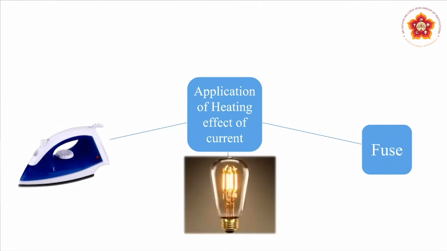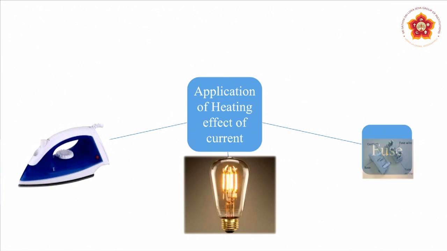Similarly, the filament of the electric bulb. Now what is the main property? Suppose we take the electric iron or the filament, the interesting property is that the resistivity of these elements is very high, and therefore the resistance goes up and the heat also. The more resistance, the more heat is generated, and since the material should not melt away, these are materials with very large melting points. Yesterday we saw the approximate melting point of the tungsten filament.